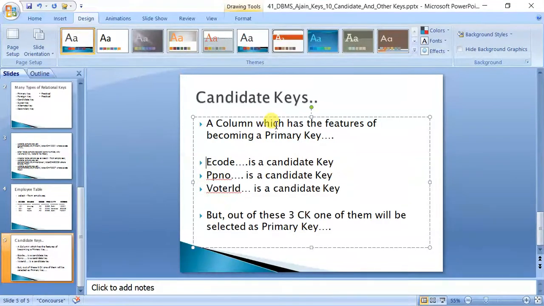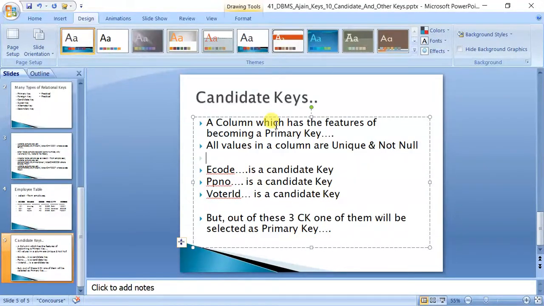The concept is the column which has the property that the values are unique and not null. You can say that all values in a column are unique and not null. So that column has the power to become a candidate.